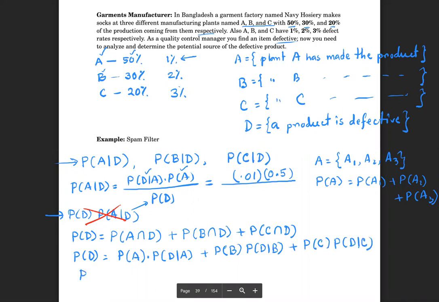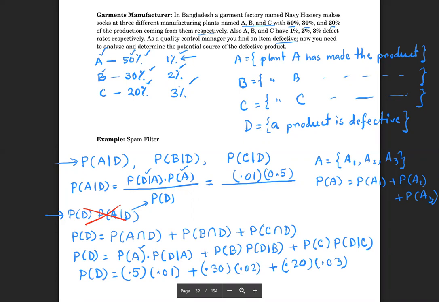Now, probability of defective is going to be: what is the probability that A has made it, which is 50% or 0.5. What are the chances that it will be defective? They give you 50% and 1% or 0.01. Similarly, for B, 30% and 2%. So it's going to be 0.30 times 0.02. Similarly, for C, 20% and 3%, 0.20 times 0.03. If you do the math,